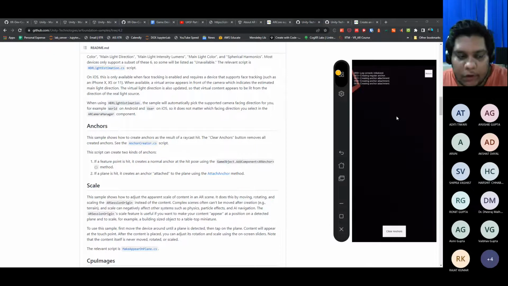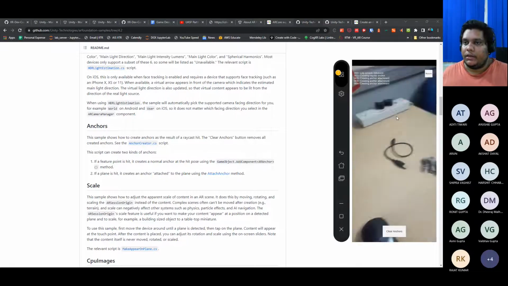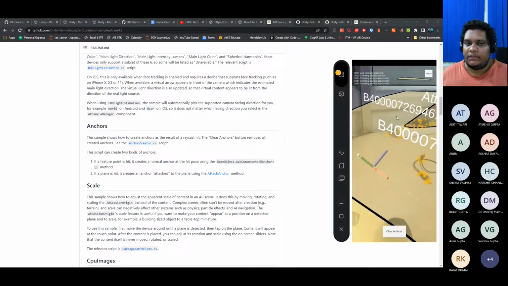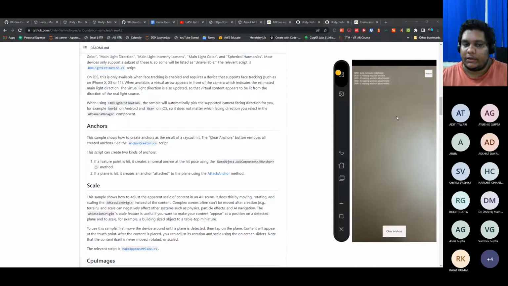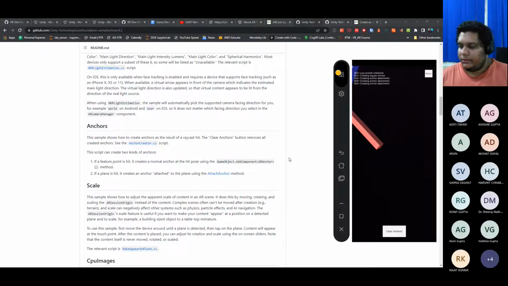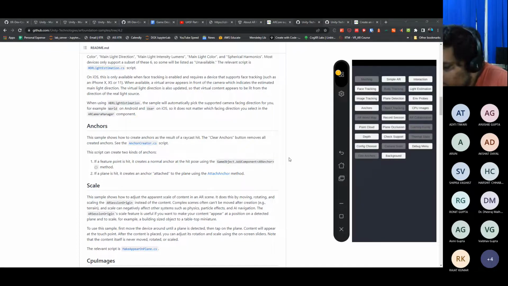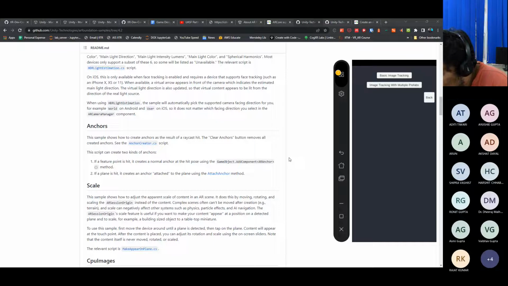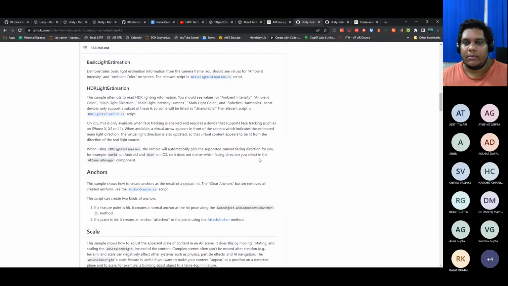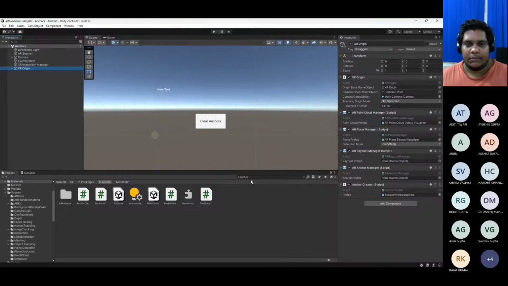So the thing that we talked about with respect to cloud anchors, this would help us in implementing the cloud anchors, and this is the first step towards doing that, location based anchors, things like that, right? So this is there. Then image tracking, let's see if we have. So image tracking would be your marker based AR, and let's see if we have the images that we have